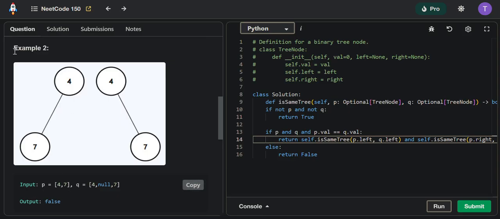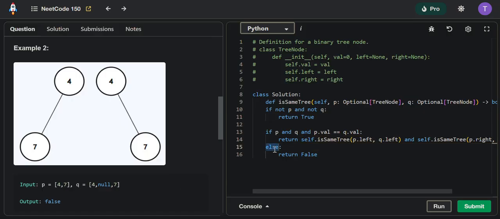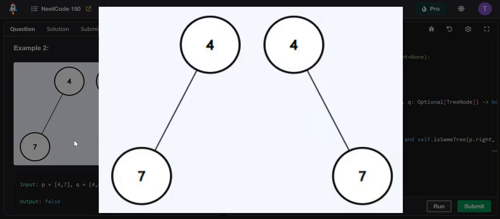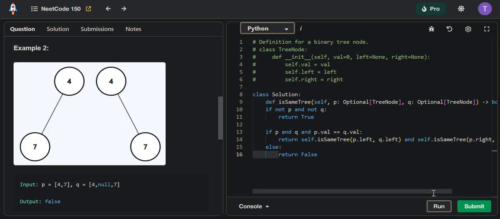So like in example 3, we can see that initially we are going to return the else case, because in this case the P on the left child is actually existing, while on the right child, sorry, it does not exist. Okay, so let's submit this code,